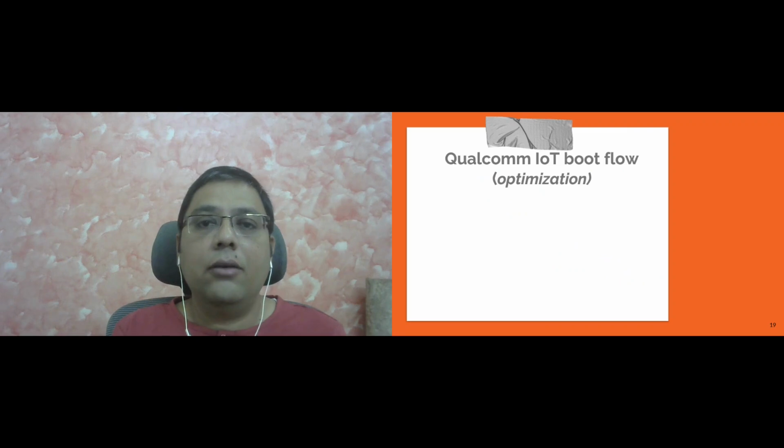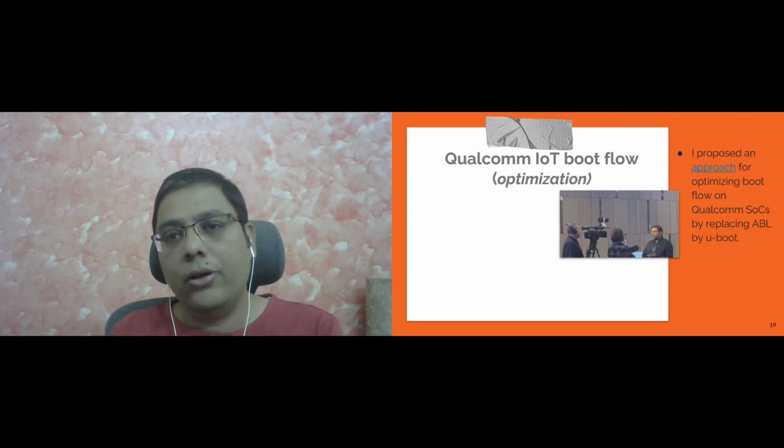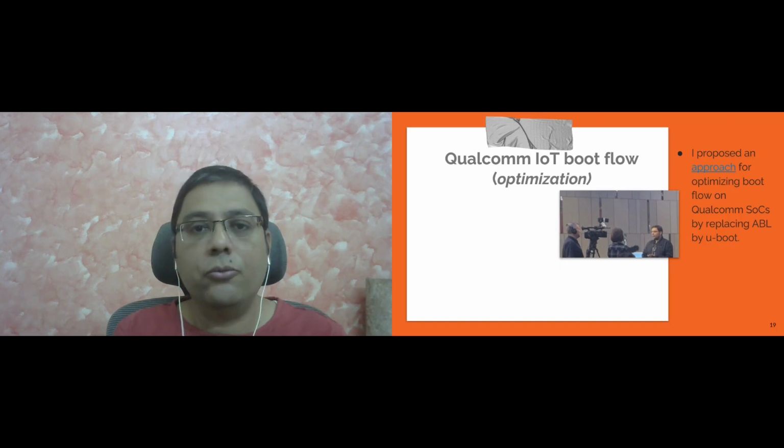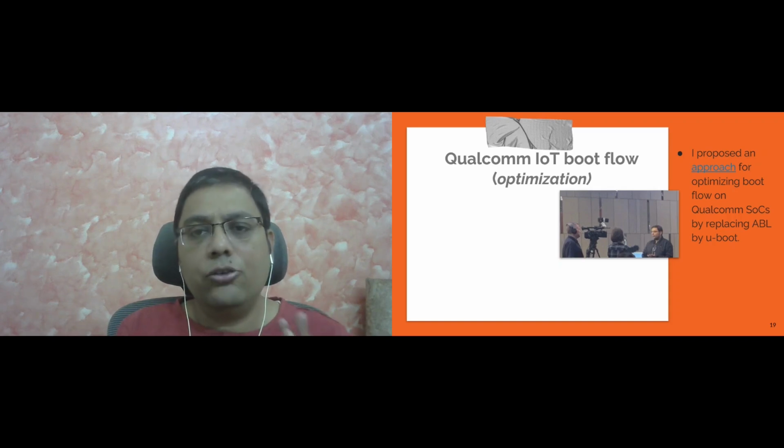So last year, I worked on and proposed an approach for optimizing boot flow on Qualcomm IoT SoCs. These IoT SoCs were using the same boot flow as Qualcomm mobile SoCs, thus using the redundant Android bootloader along with a few other redundant layers of boot firmware. As we can understand from an example of a smart IoT thermistor, we might not need to run full Android on that IoT device. So I replaced these layers with a leaner U-Boot implementation